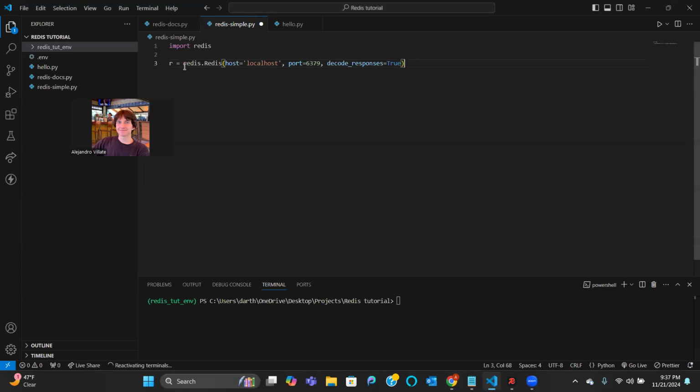So we're going to do R is equal to Redis. So we're initializing our Redis client. And I'm just going to do some minor changes just to make it a little easier to read. This is a personal choice. This doesn't affect anything in the actual functionality, obviously. So if we save this and try to run this file, I'm going to do Python